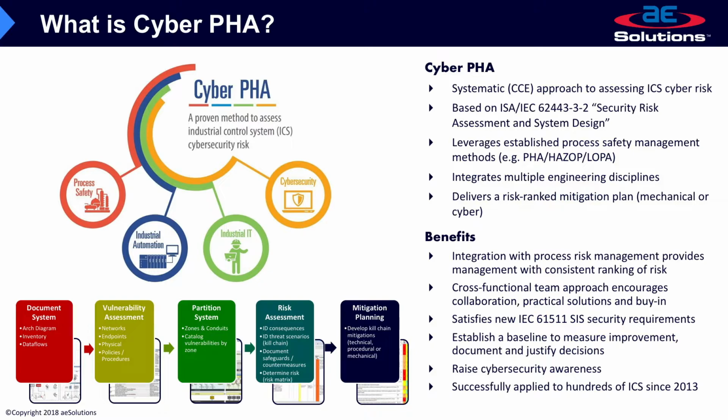Actually, I stated that a little backwards, because it starts with the consequence. We usually work left to right and identify the worst-case consequences that could be caused by a cyber incident, by a cyber initiating event or compromise of a safety function, and then talk about how that could happen, what the causes would be. Those are typically the threats, the threat sources, the threat actors, and the vulnerabilities that those threats might try to exploit.